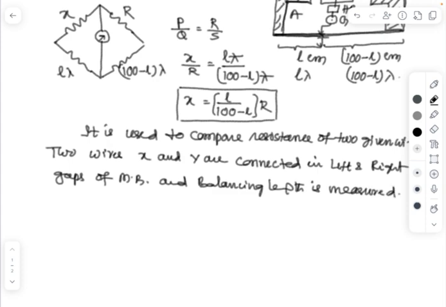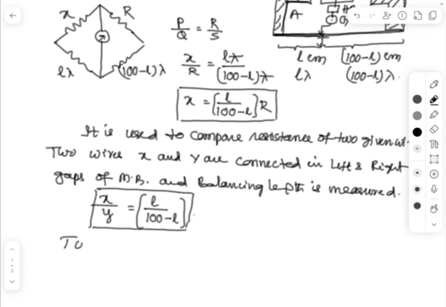The ratio X by Y equals L by 100 minus L. This is the second method. Third one, to determine